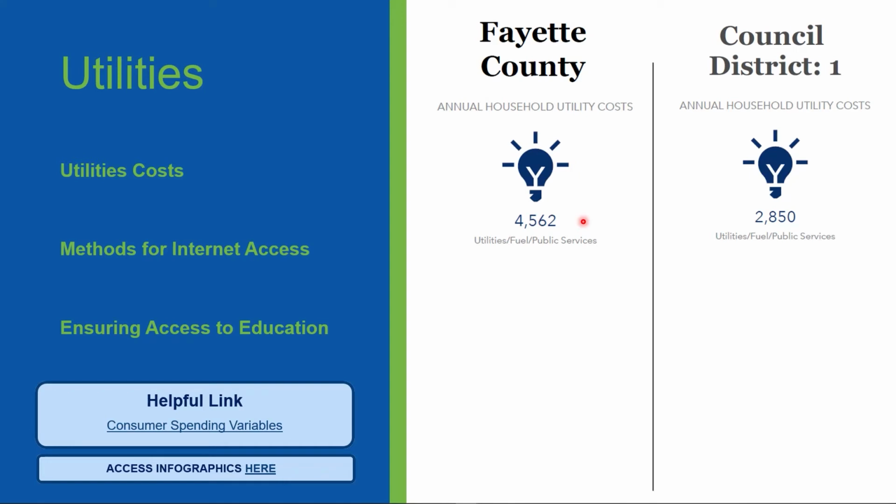And for District 1, they're about $2,800 per year. These cost estimates come from consumer expenditure surveys and the Bureau of Labor Statistics, and they include things like natural gas, electricity, fuel oil, bottled gas, coal, wood, other fuel, phone services, water, other public services, trash and garbage collection,